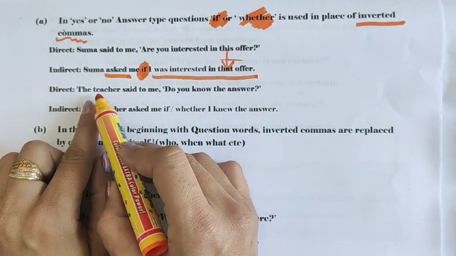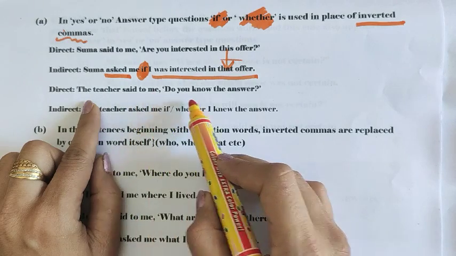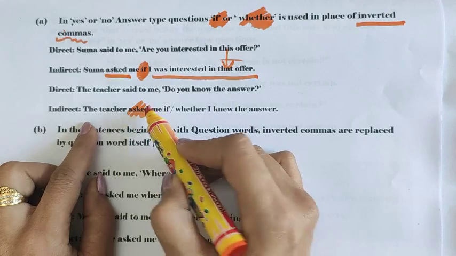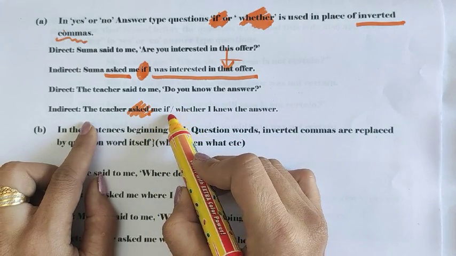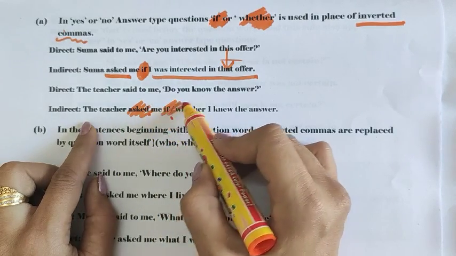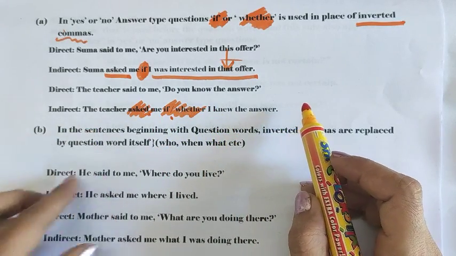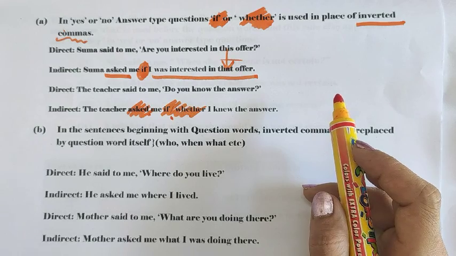Similarly, the teacher said to me, do you know the answer? The teacher asked me if, or you can use whether, both are correct, if I knew the answer. And one more example of